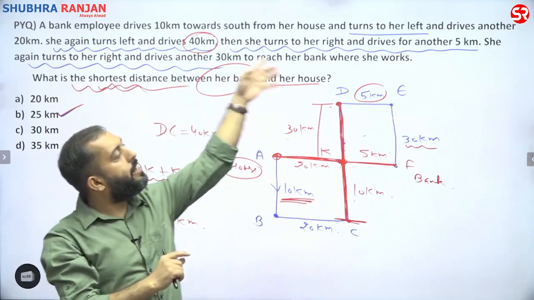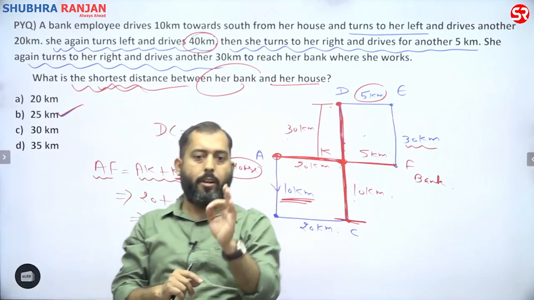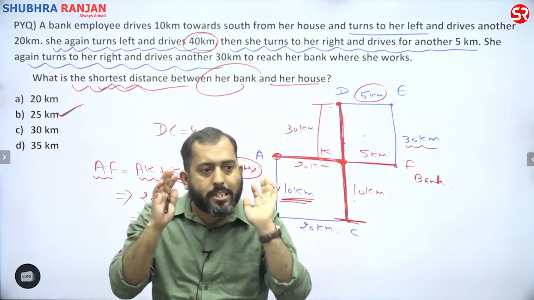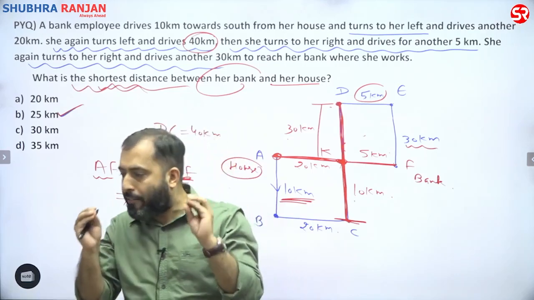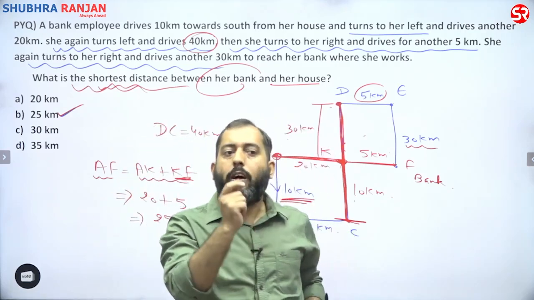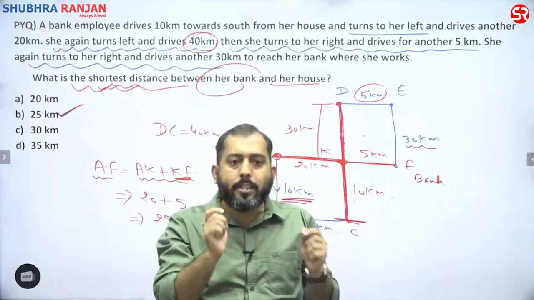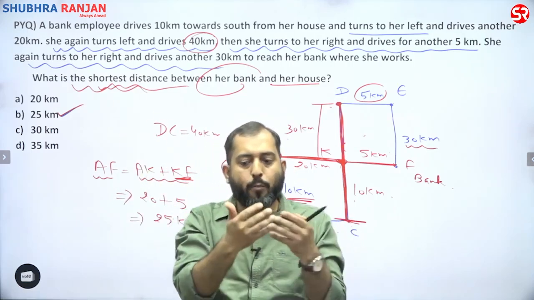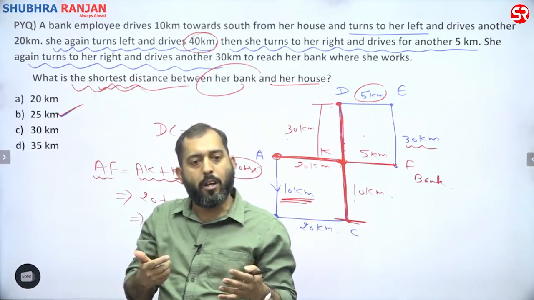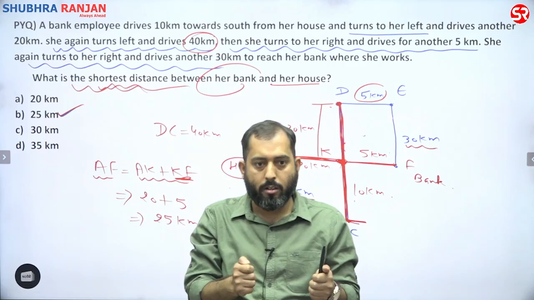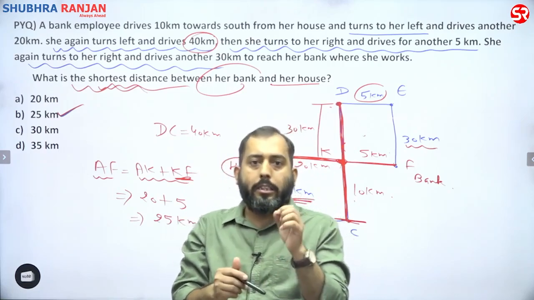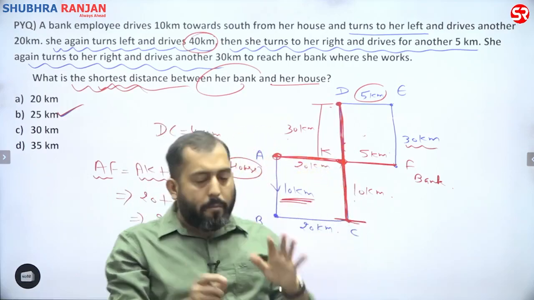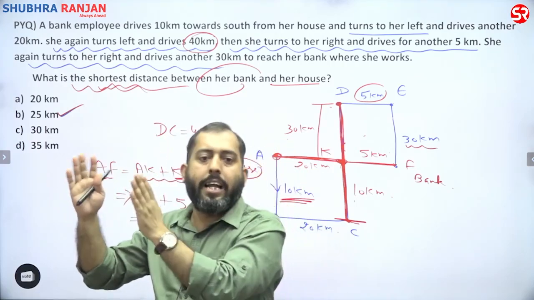So first of all, I'll read a statement and then I'll draw that statement. And I will draw only those points whose position is fixed, whose position is definite. I will draw that point first, whose every single bit is clear to me. Like this point is left of some other point, this point is north of some other point, this point is at a distance of 4 kilometers from some other point. So this is what you have to do, right?